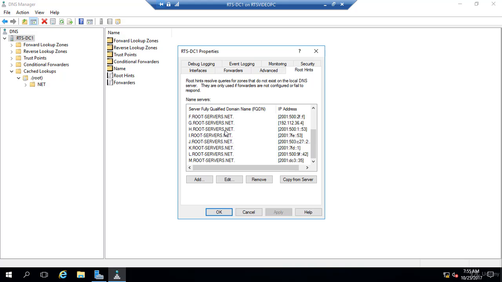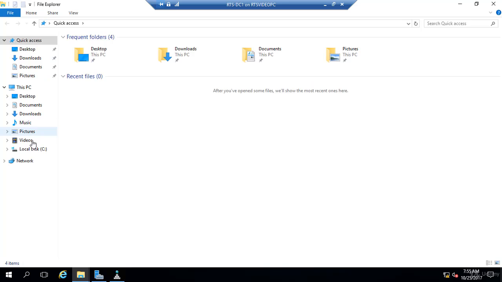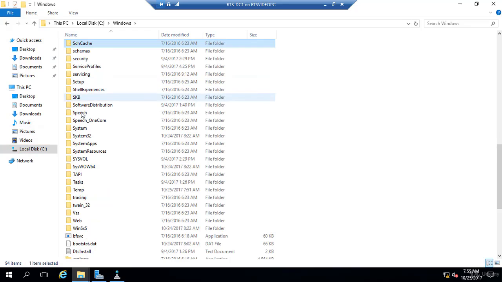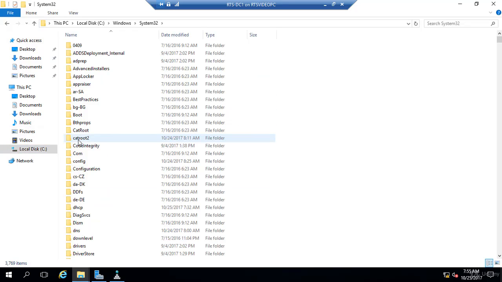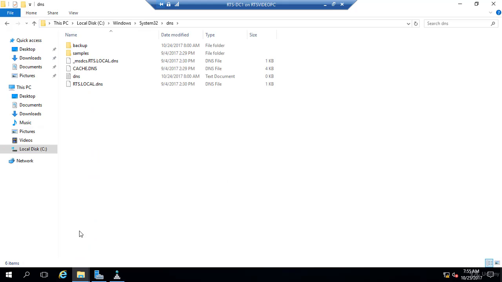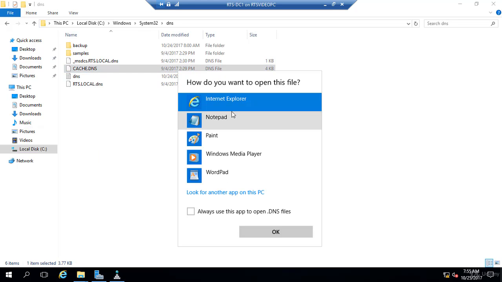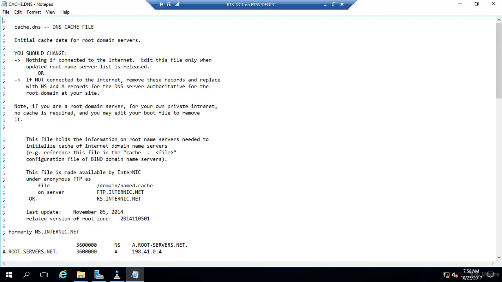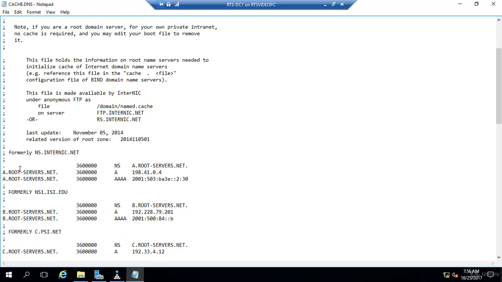Now, where this actually gets populated from, if I open the C drive on my machine, Windows, System32, there is a DNS folder in System32. In this DNS folder, there's a file named cache.dns. If I open that file, I'll open it with Notepad. It's actually a legible file, and I can see all of the servers, the A server, the B server,